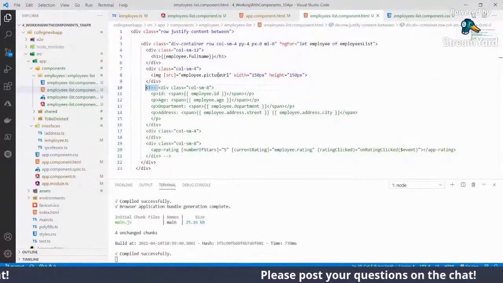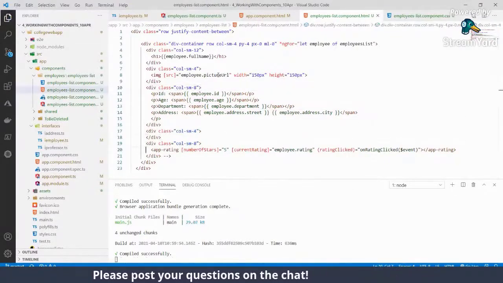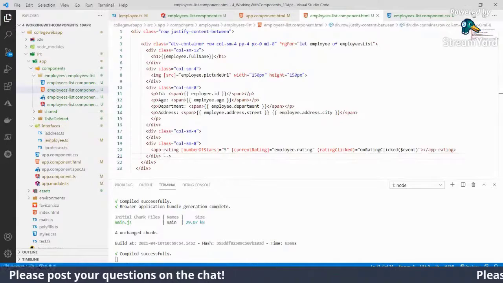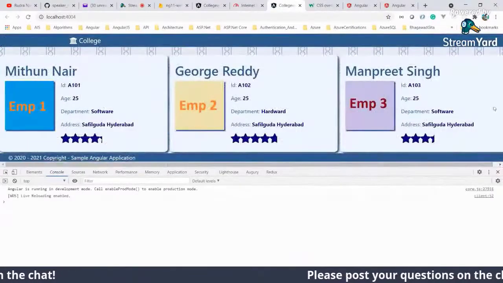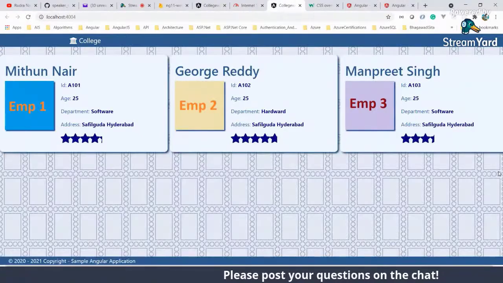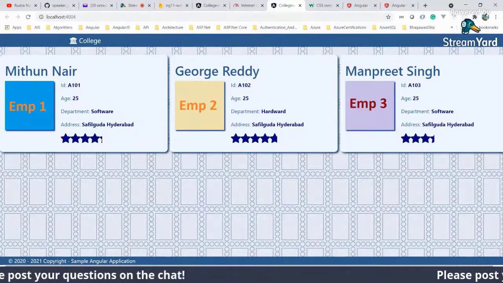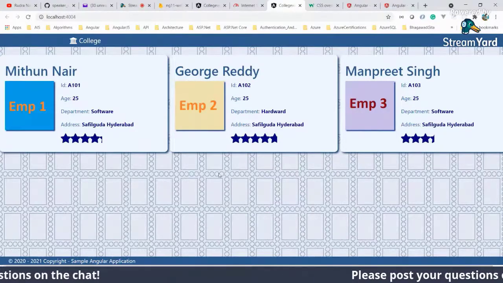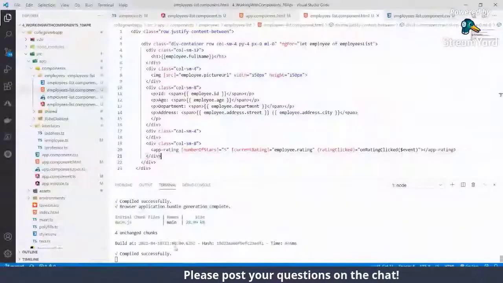And then we'll go and show this. You see that nice, beautiful representation. Instead of showing a tabular representation, we are showing everything through the card representation. Nothing is hard coded. Everything is coming through the code.